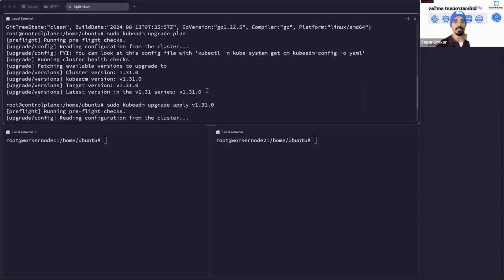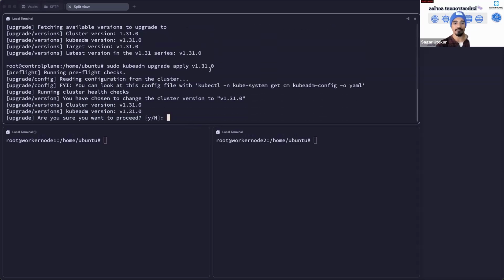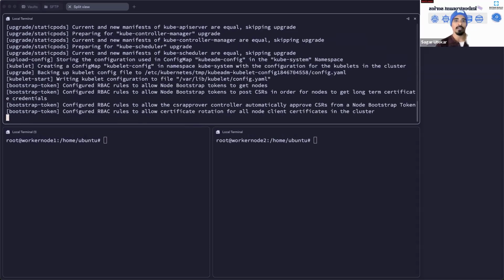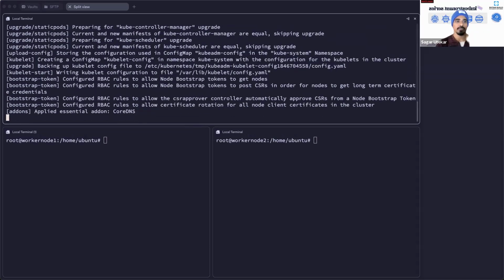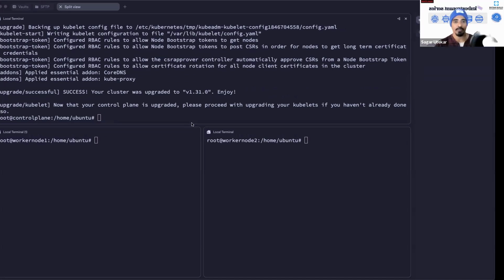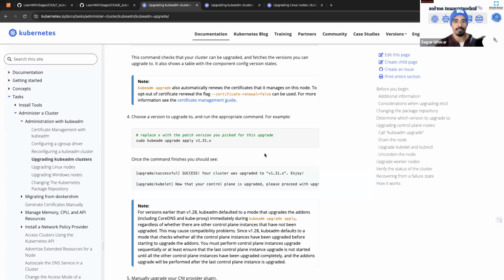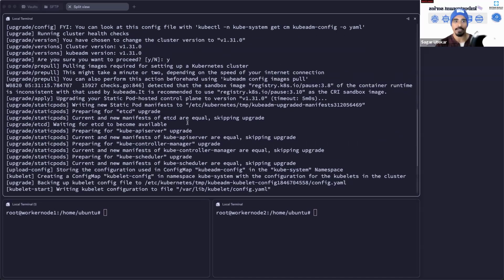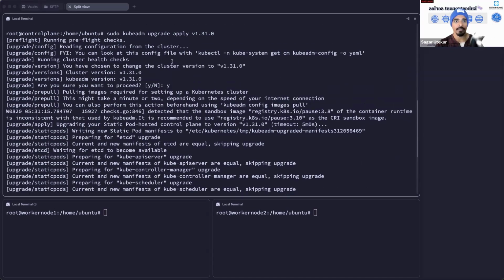I hope you are understanding how to use the documentation, because we can't remember all these commands, and we also need to understand how to use the documentation. Okay, so my suggestion is always read the output and see what that command did. So we ran the command kubeadm upgrade apply